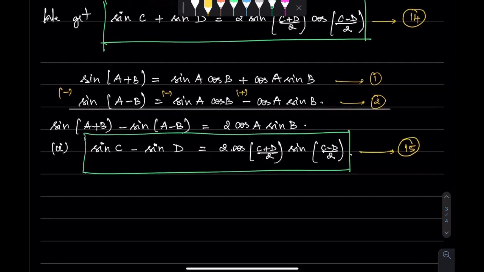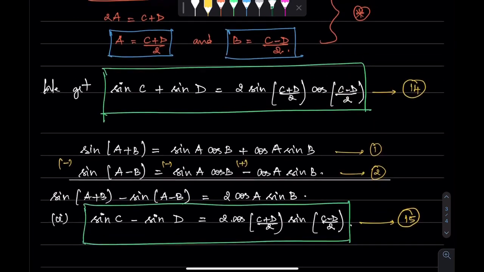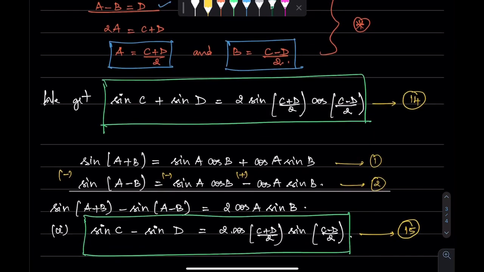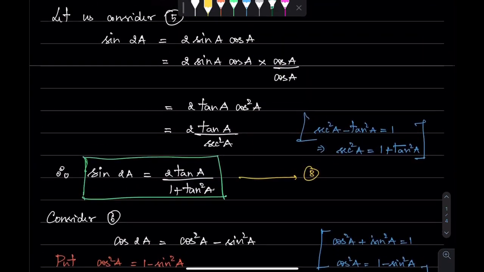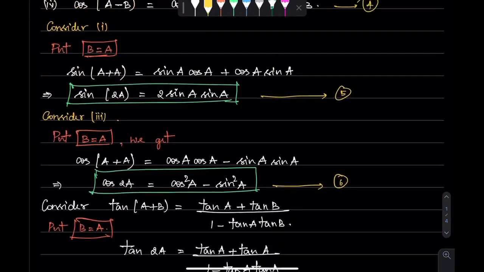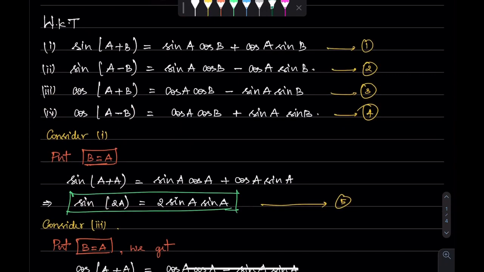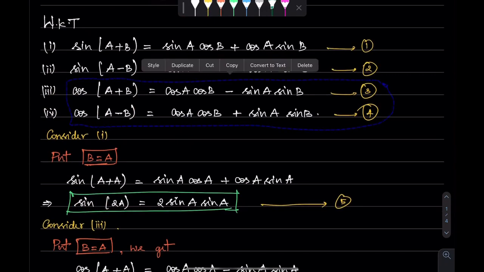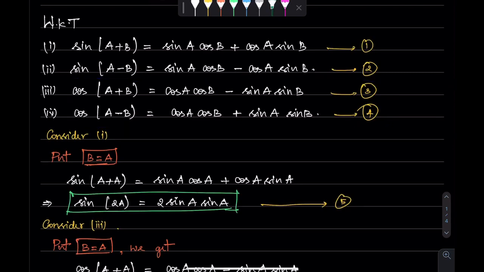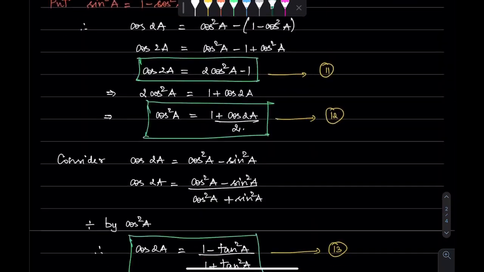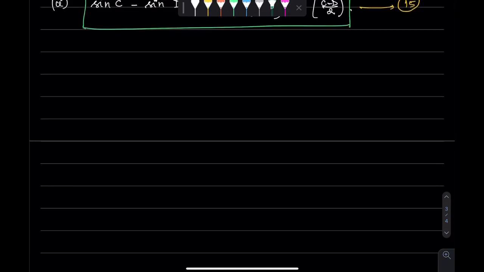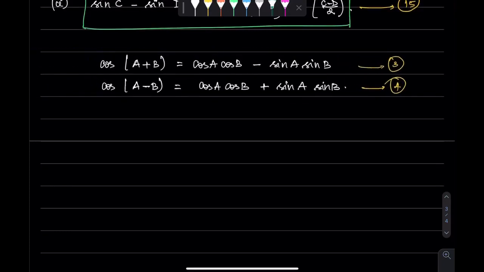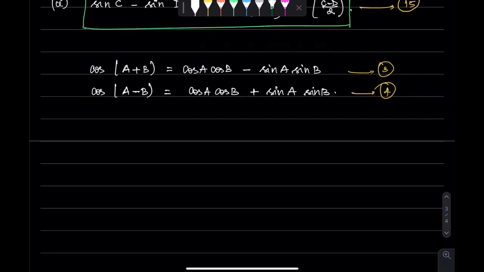Good children? Nice. Now let's take the other two. So we got sine C minus sine D and sine C plus sine D. And similarly you can do it for cos. You can try it with the cos, and you can try it with tan. You can do it accordingly, and you can derive the results, and let's do that quickly. So we can do it instantly here. I'm going to put this. So if I consider this,